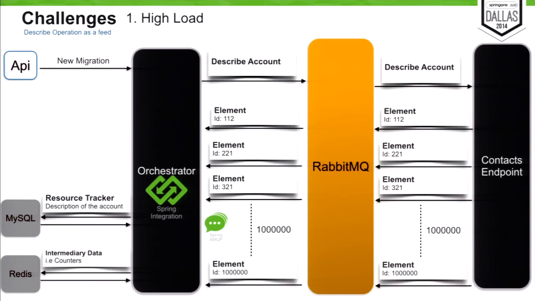Okay. Also, as we didn't control the describe operation, we didn't know the current demand of the platform. For us, it was impossible to know the number of messages that were currently in the platform, and it was even impossible for us to stop one operation in favor of others, for example.